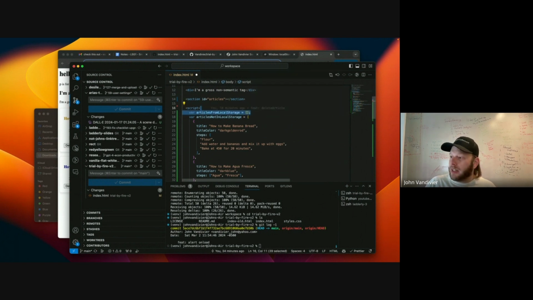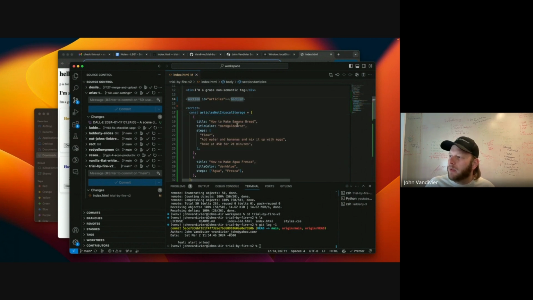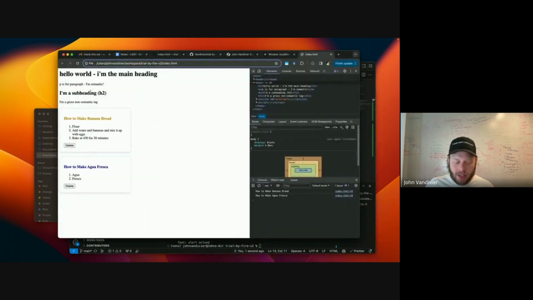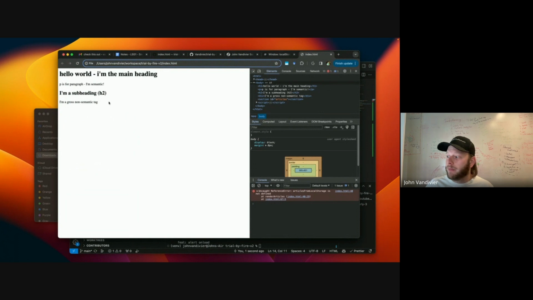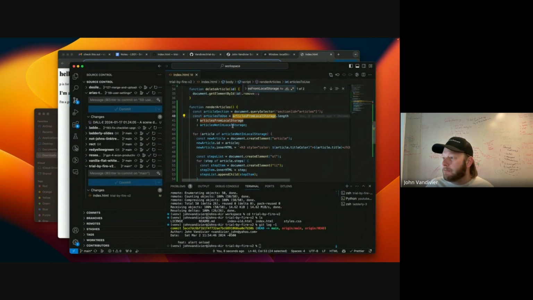And in fact, I don't even need this variable at all. And this can be a const the way that we've written it. Okay, great. So everything is still showing up so far. No. Articles from local storage is not defined. Right, I just deleted it.